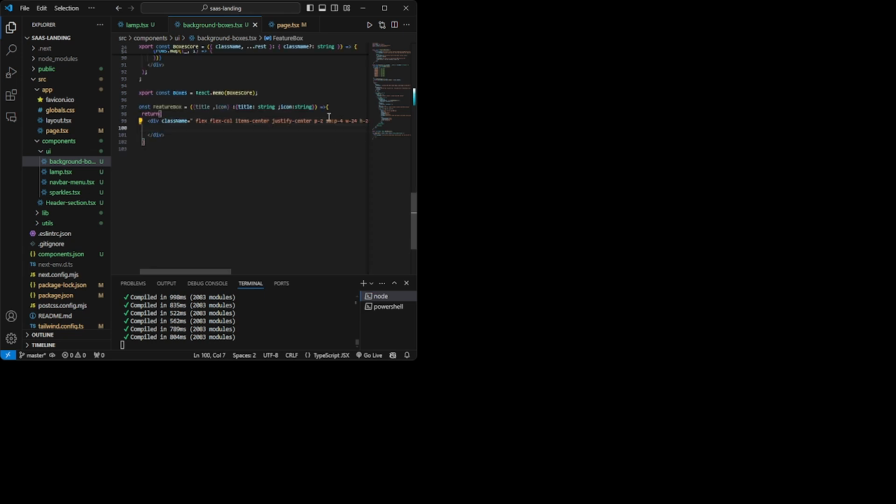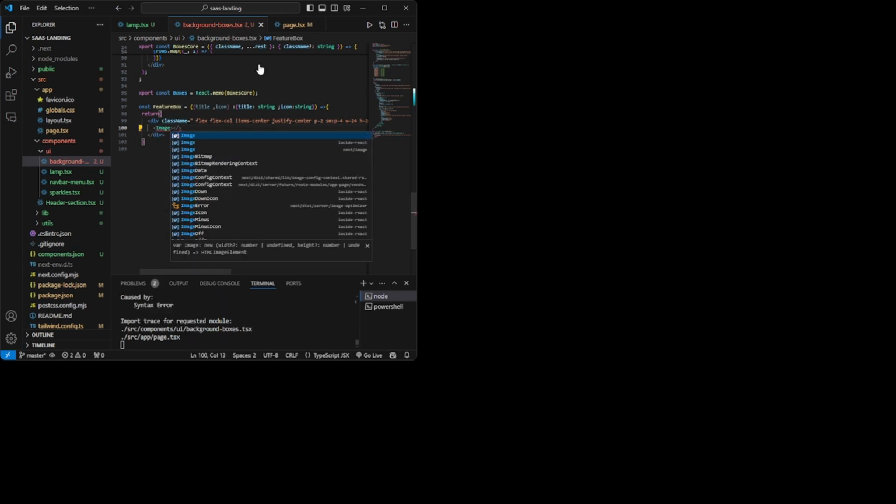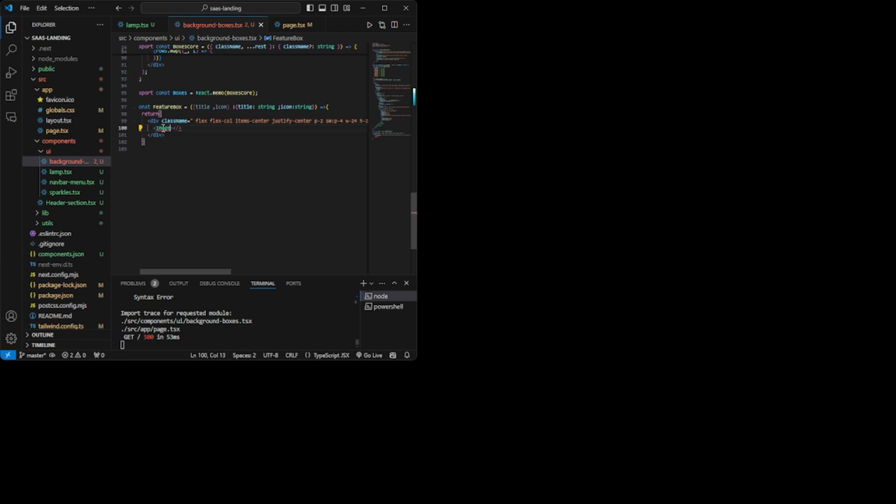So inside it, I'm going to use an image type. IMG is used in normal React components, but in Next we're actually using Image. Also, Image comes with all the other attributes.